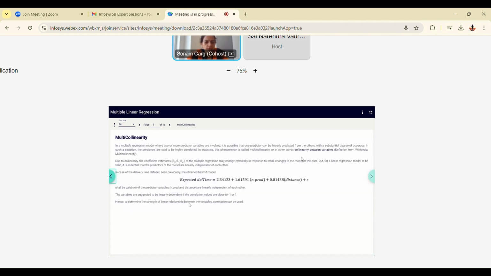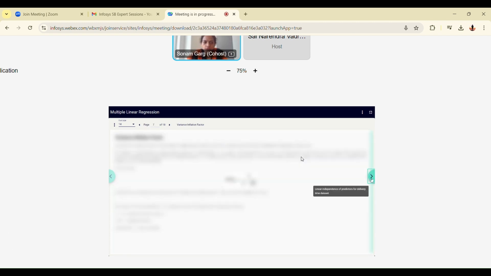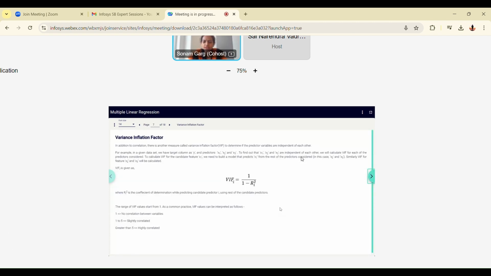Do we have it here? Okay, so you can use the Pandas corr method. You can take your data frame, so df.corr can be used to find correlation between the variables. Maybe it will come later in the slides. Don't worry about it. The other way to check the collinearity between the predictor variables is variance inflation factor.